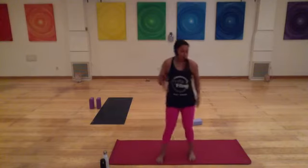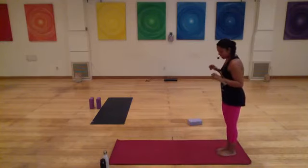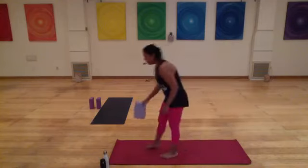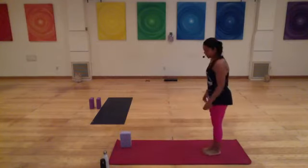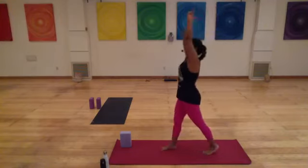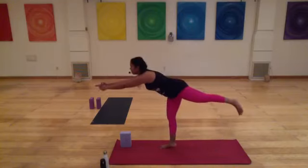We are almost done with our standing sequence. 2 more left. So we'll do the balancing stick to a half moon. So if you have a block, place it in front of you towards the front of the mat. We'll get there in the second set. So inhale and sweep your arms up in steeple, and then take a big step with that right foot, and exhale and charge yourself forward